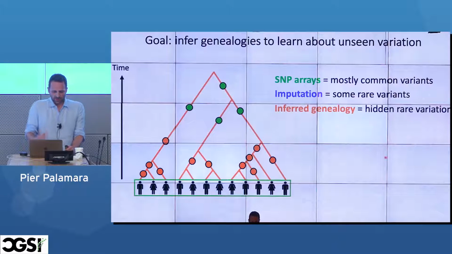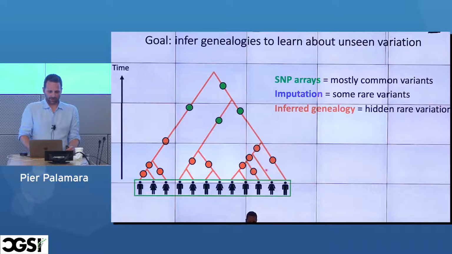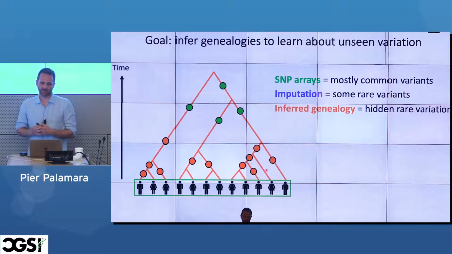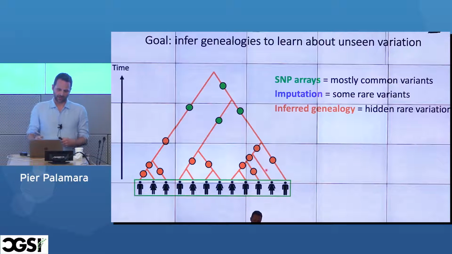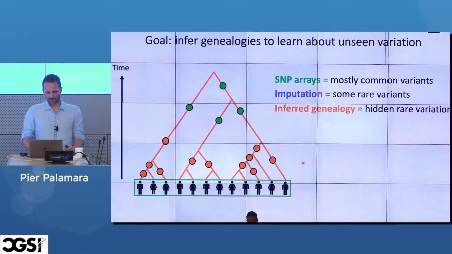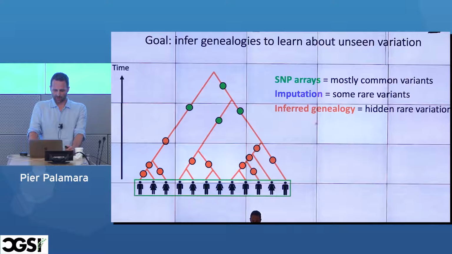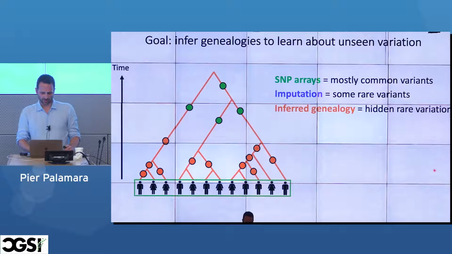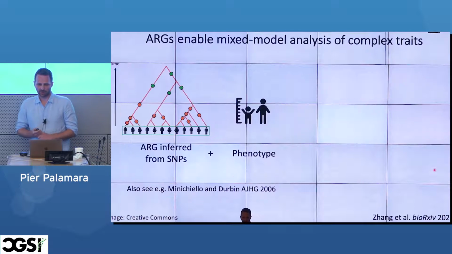So if you get the genealogy, the idea is that you don't see the mutations directly, but you get a much better sense of which ones can exist, because there's a huge number of mutations, 2 to the n, that can exist for these samples. And this shrinks the ones that can actually exist substantially. And so you can test them. You don't see them, but you can test a much smaller number of things and get evidence for things like association and so on. So that's the principle, and you don't need to sequence necessarily. If you have imputation or sequencing, you can use it, but you don't have to.